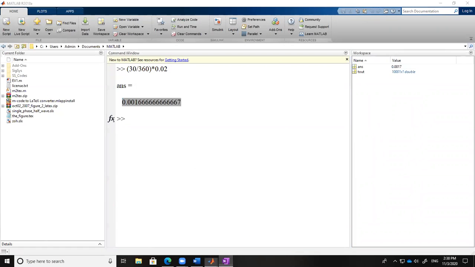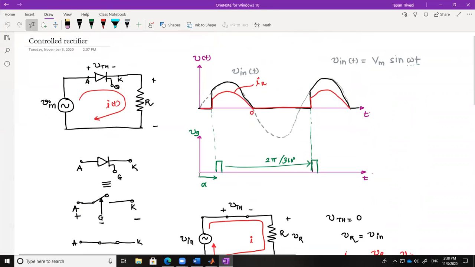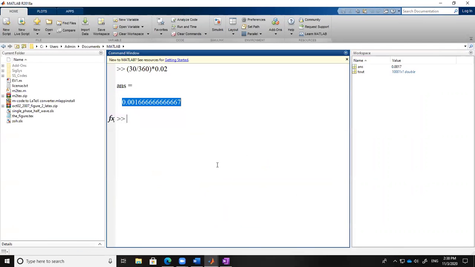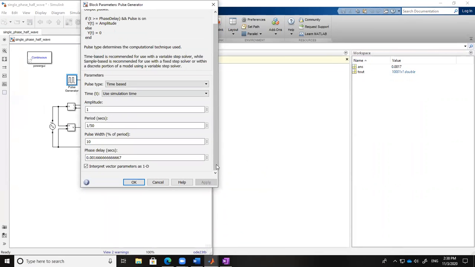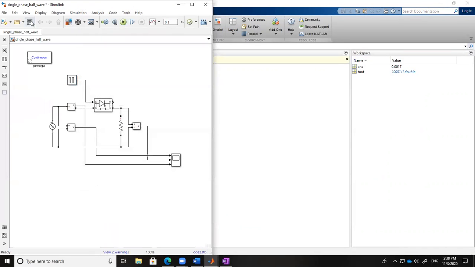Which delay am I talking about? I am talking about this alpha. This delay is 0.001666, right? So that much delay is set in the pulse generator here. Okay. And now